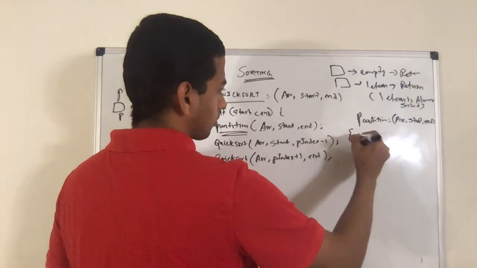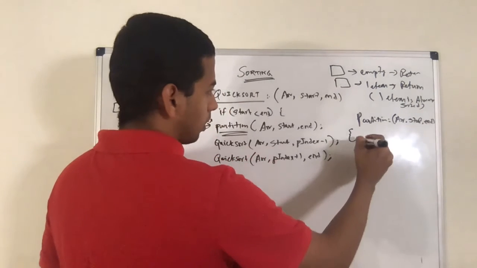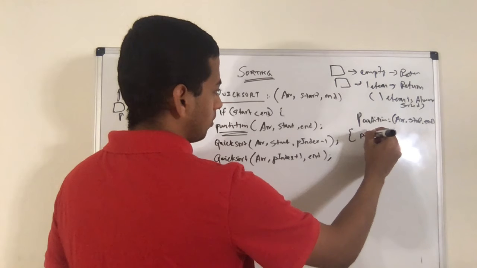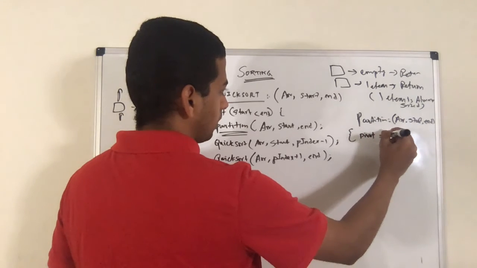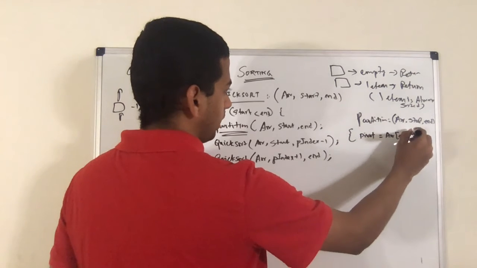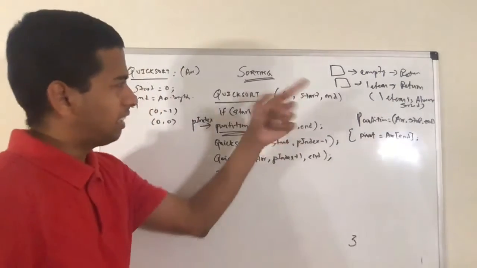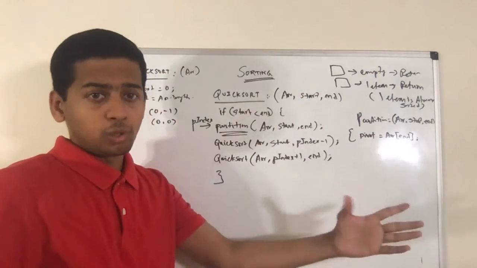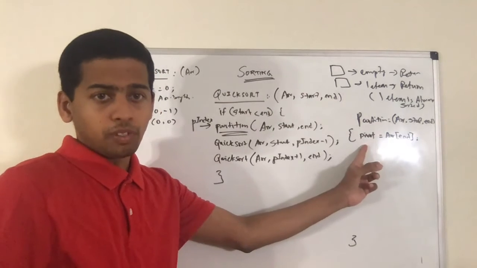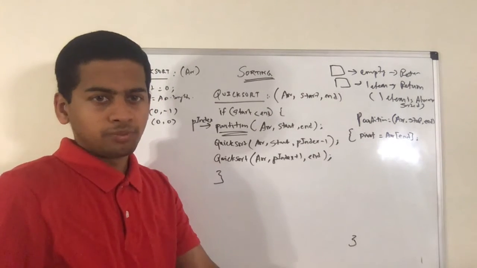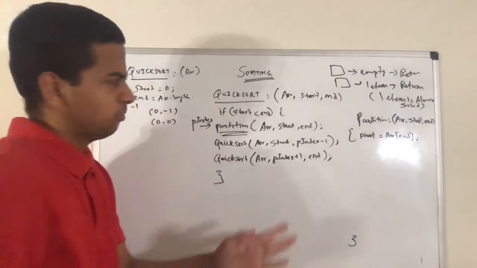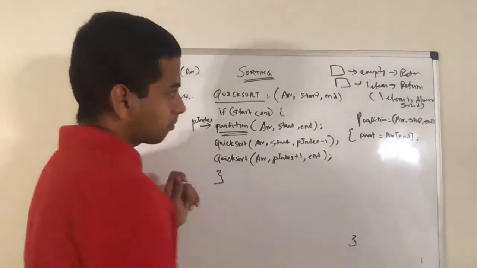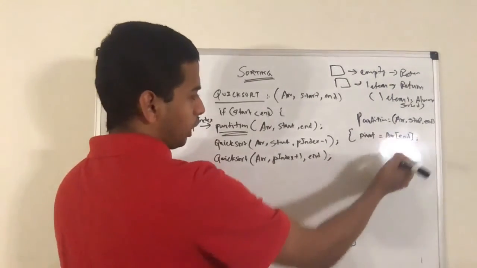What is my initial step? I'm going to take something called pivot, and I'm going to say the pivot is always going to be array of end element. I told that it's just by logic. It could be anything. I can write a different kind of logic also. I'm just assuming that the pivot is always going to be array of end element, for simplicity. So I've taken the pivot as array of end element.